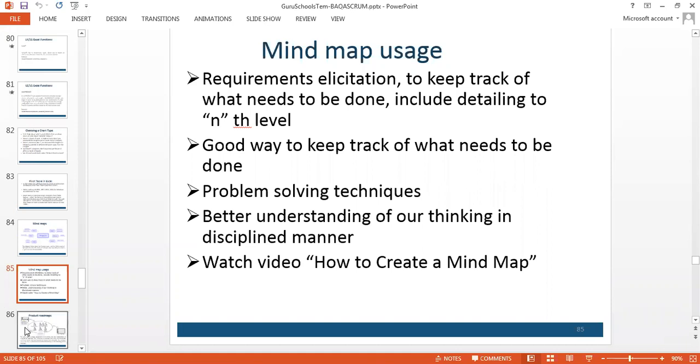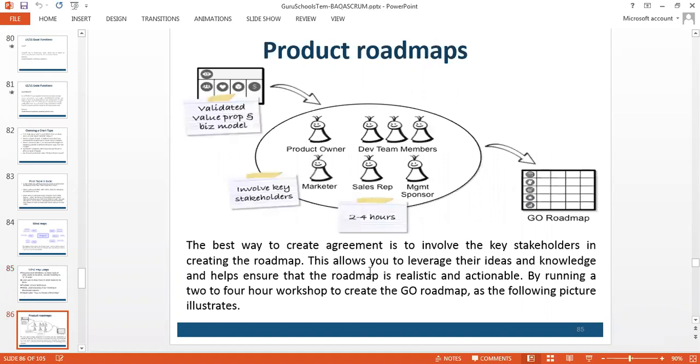So let's take one step ahead. Product roadmaps. These are basically kind of activity diagrams or flow charts, another way of depicting that.